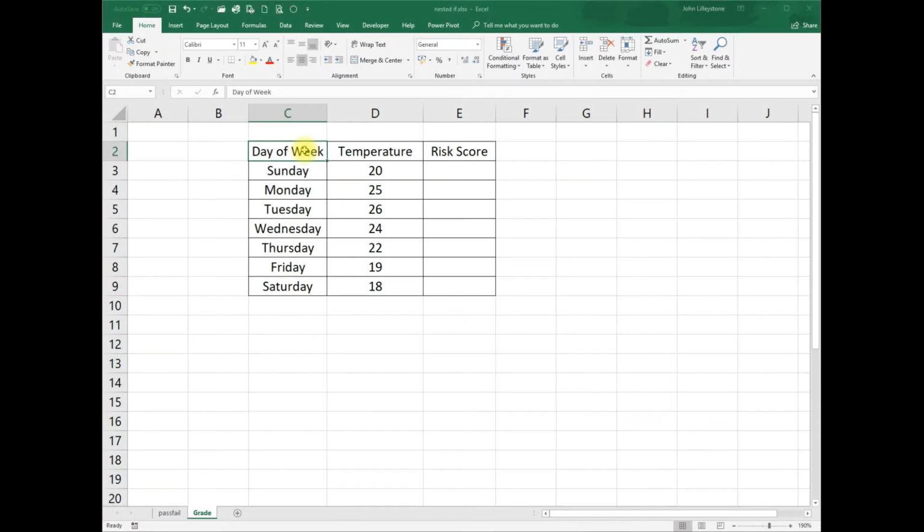So here we have a list of days of the week and temperature. And then in column E we have a risk score. And what I want to do in this column is return either a high, medium or low risk based on the temperature. So let's start our formula off with IF. So if D3 is greater than or equal to 25, comma. So if that's true, I want you to return the word high,